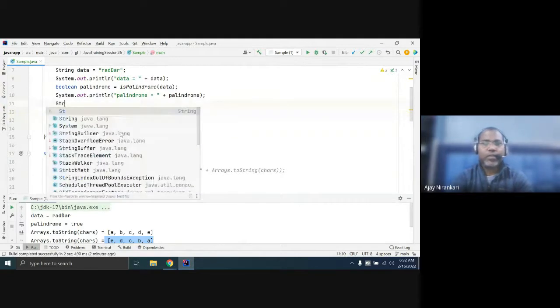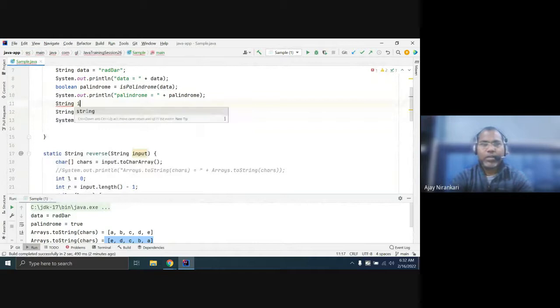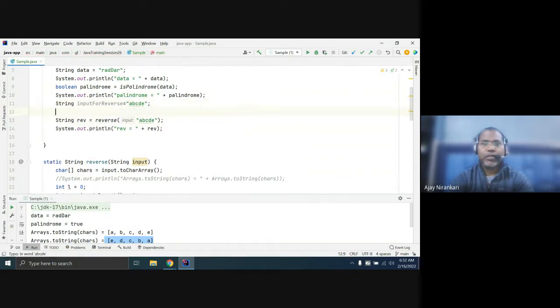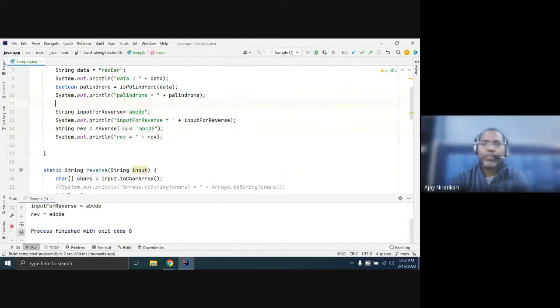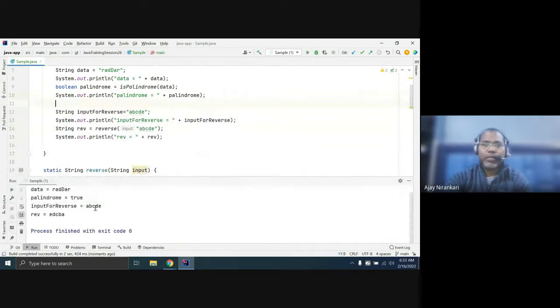So here let's pass some string input. Now you just pass your input and get the reverse.